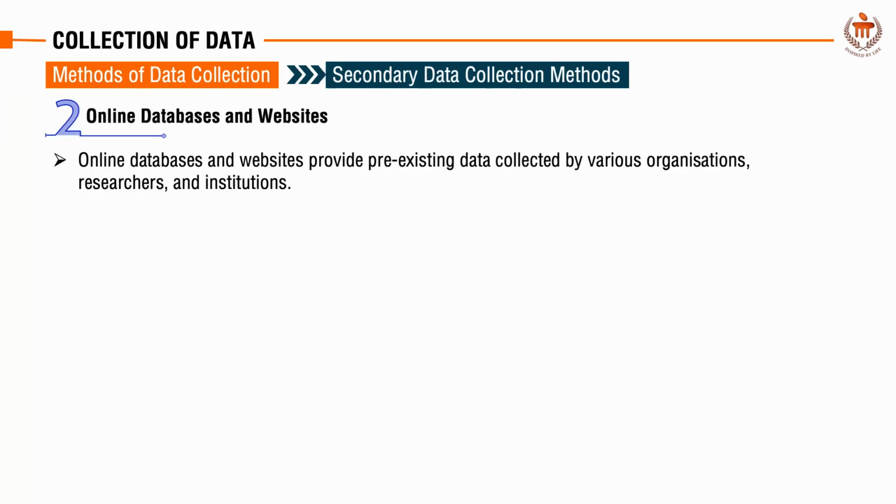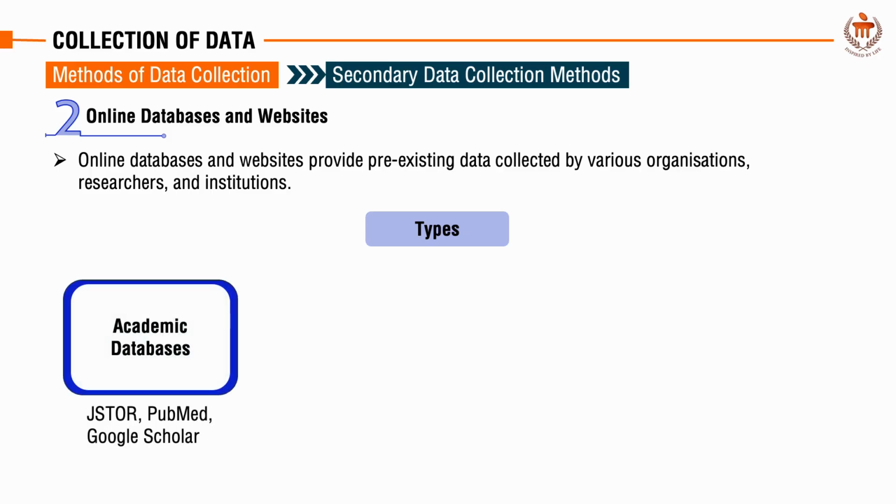When we talk about online databases and websites, they provide a wealth of pre-existing data collected by various organizations, researchers and institutions, making them essential for secondary research. These platforms allow researchers to access valuable information without the need for primary data collection, which saves both time and resources. Okay, academic databases include JSTOR, PubMed and Google Scholar, which offer access to peer-reviewed journals,